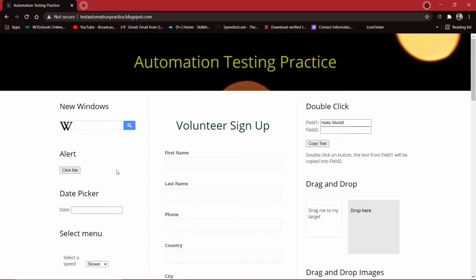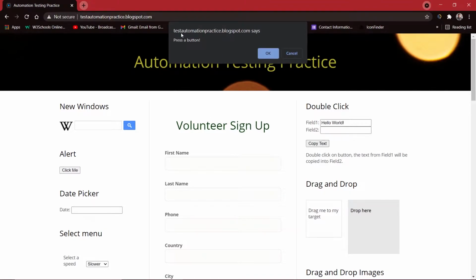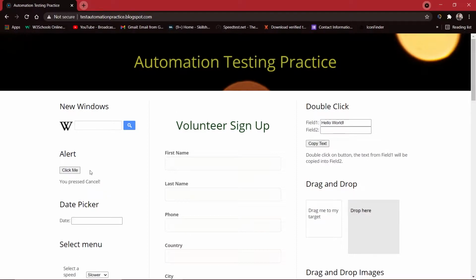So basically, what an alert box is: sometimes when you are filling in any online form, or you are doing some payments, and by mistake you press the back button, or you press this close button here, it shows this small window that says you want to leave, you press OK, and your Chrome will shut down or something like that. So this is what an alert window looks like. Today we are going to see how we can manage this alert window.